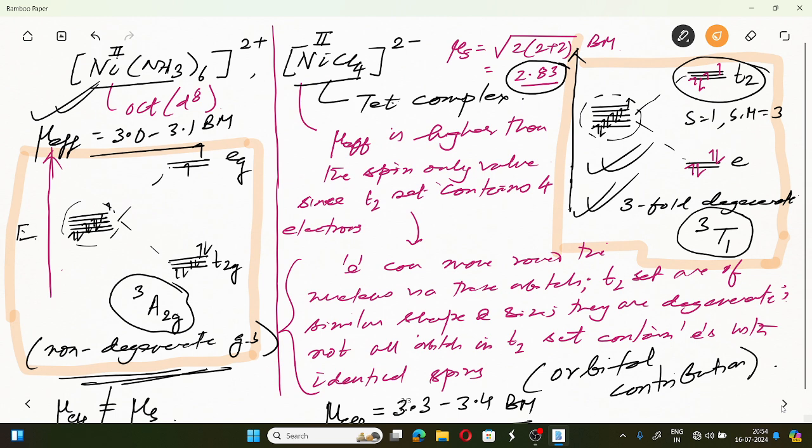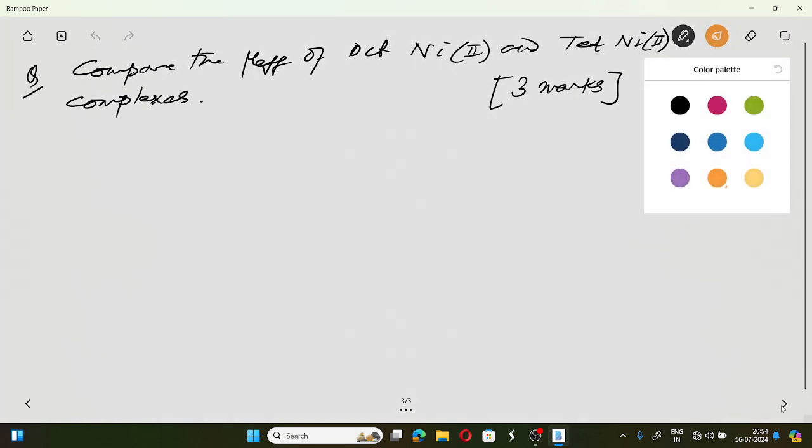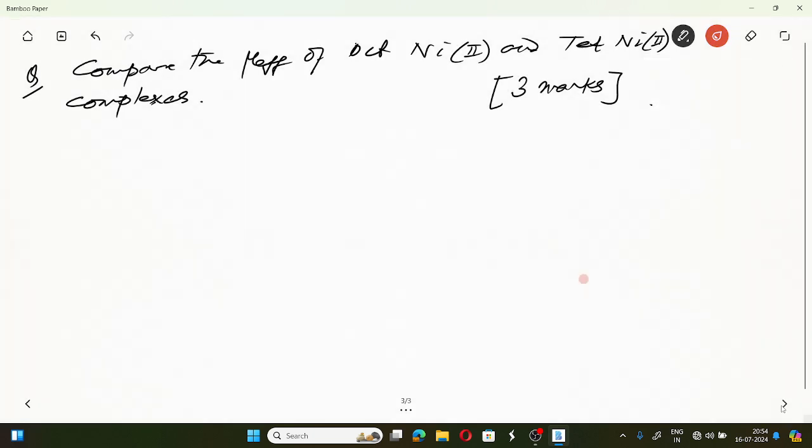ঠিক আছে, এবার তোমাকে ম্যাগনেটিক মোমেন্টটা এই ভ্যালুস গুলো আইদার দিয়েও দিতে পারে, নাও দিতে পারে। যদি না দেয় তো ঠিক আছে, দিয়ে দিলেও ঠিক আছে, কোনো অসুবিধা নেই। সো হাউ টু রাইট ডাউন? তাহলে তুমি ফার্স্টে কি লিখবে? ইন টেট্রাহেড্রাল। ফার্স্টে ইউ হ্যাভ টু এক্সপ্লেন দ্য টেট্রাহেড্রাল কেস, বাট from the orbital splitting diagram. Okay, so